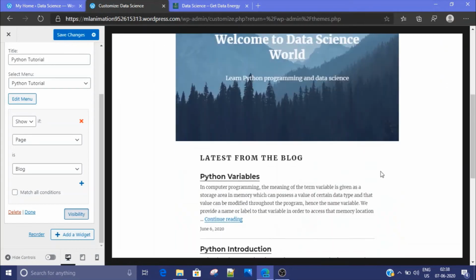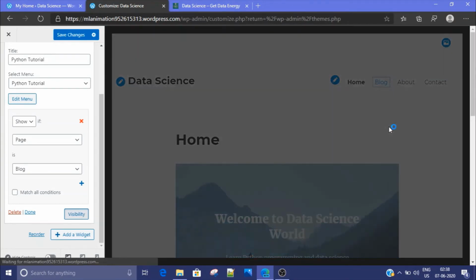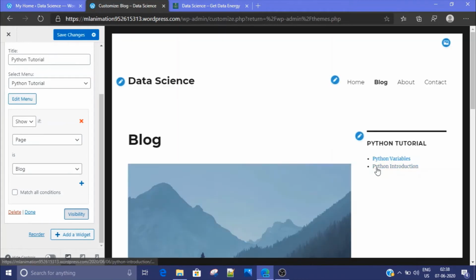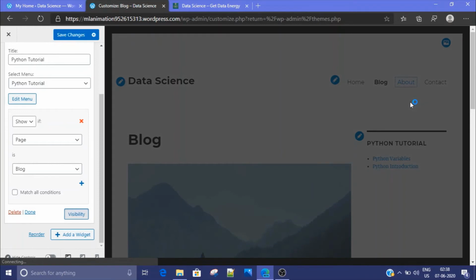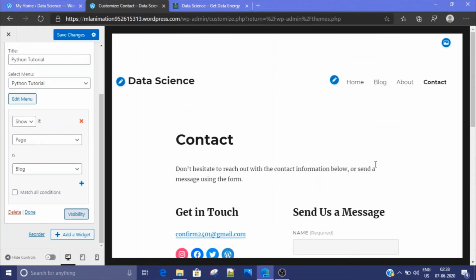home page doesn't show any sidebar. Blog page shows the sidebar which we want to show. Similarly, about page and contact page also don't show any sidebar.